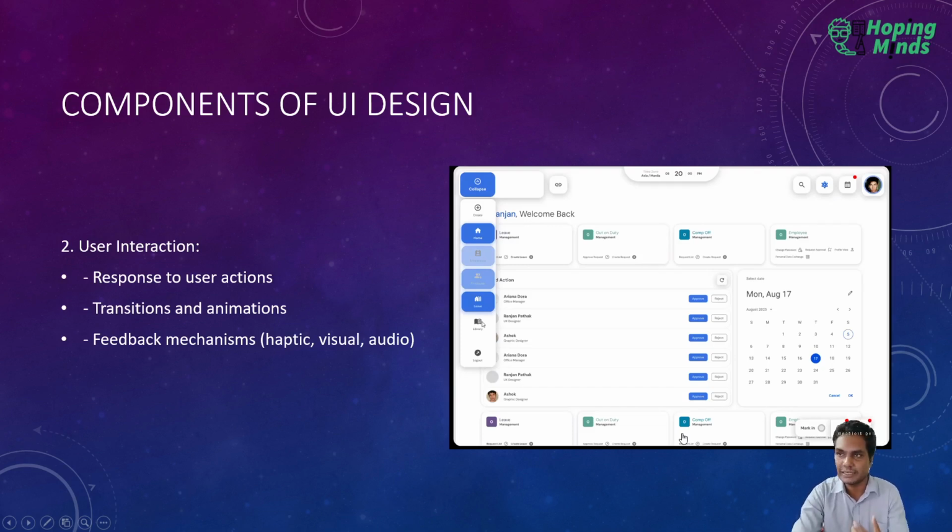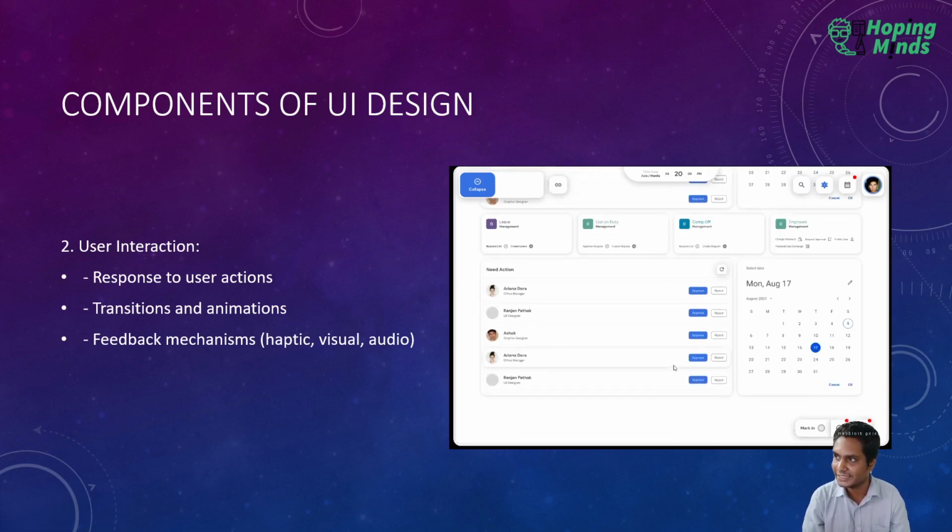next part is creating interaction and animation. In this specific example, you'd see I'm hovering over something and it is getting highlighted. I could scroll, I could change the layout, and I could create a pop-up. So the whole interaction part comes into UI design, user interface design, wherein you'd be able to create these animations and these interactions,